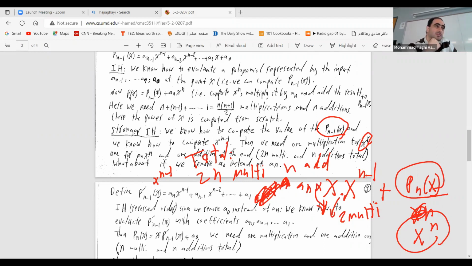So for the power of n minus 1, when did you calculate that? That is something we have inductively. In some sense, you can think of this as a function. If you do it in Python, you can return a pair. The function that you call recursively returns not only Pn of x, but also x to the n. Then you get it, compute it, and return it.